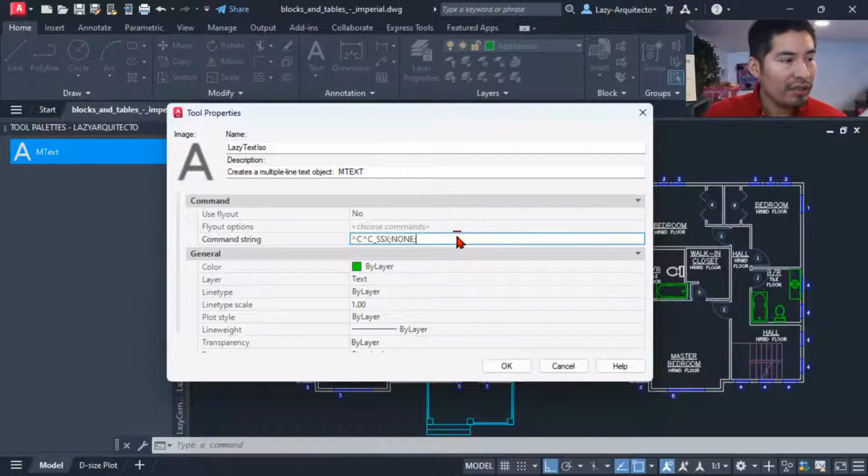Next, it will ask us for a filter option, right? And we will say E for entity, pressing enter, of course. The entity that we want to select or filter in this case would be the mtext, right? Because that's a piece of text in AutoCAD, of course, followed by the enter.